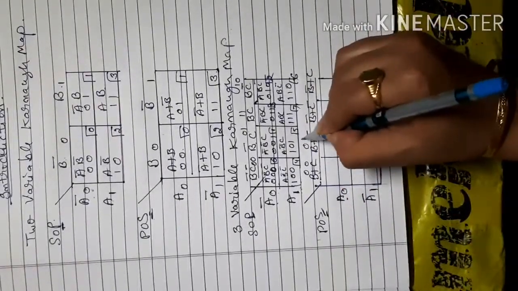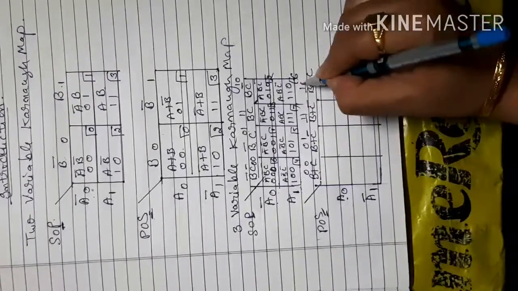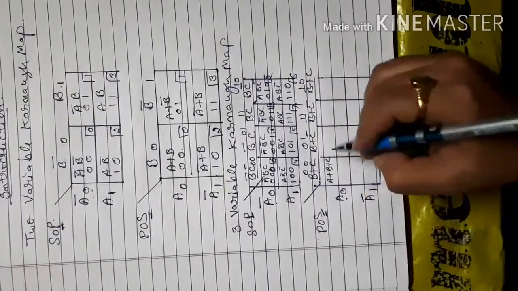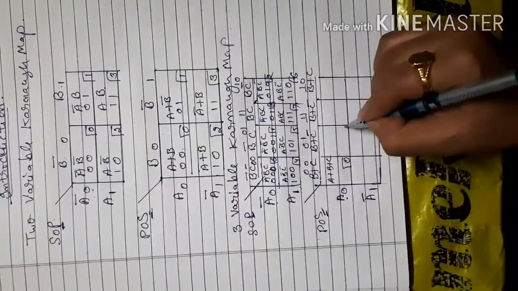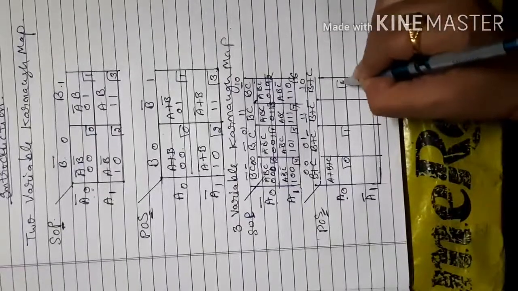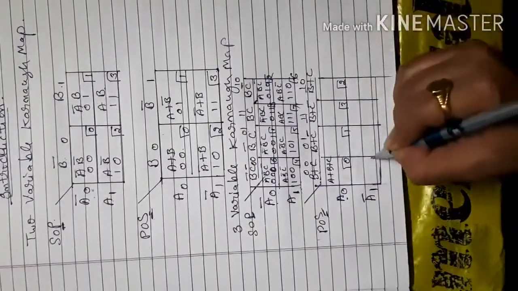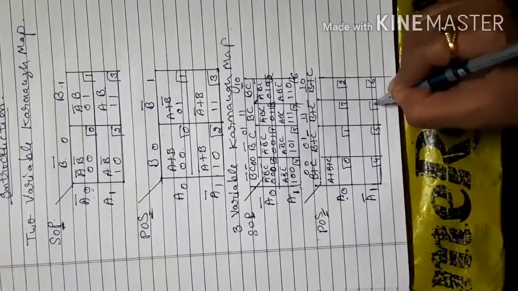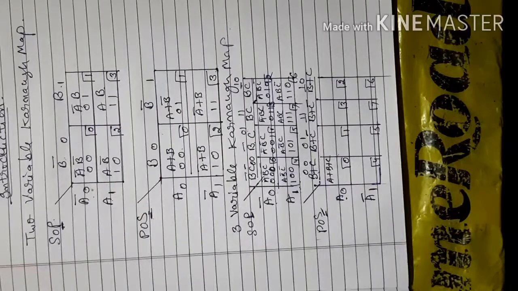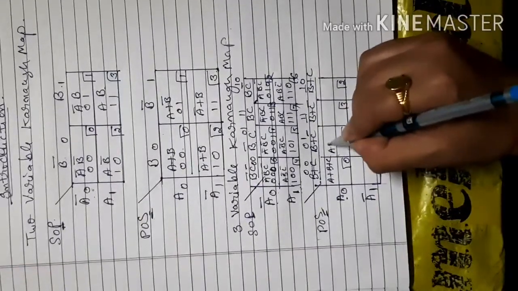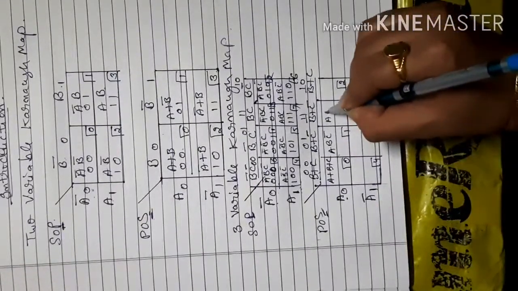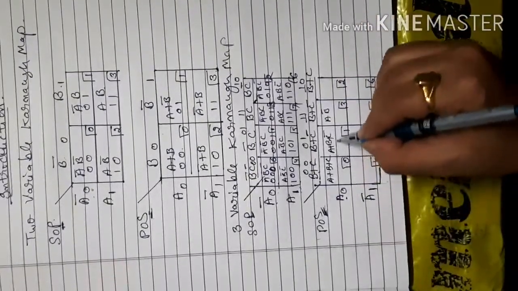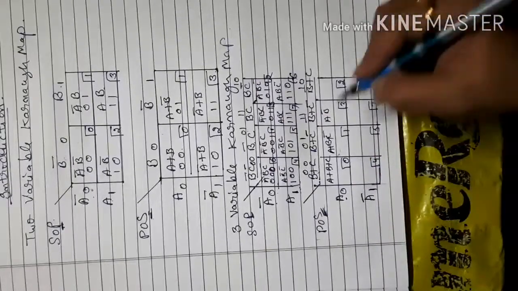So this is 01, 11, and 10. When you write the combination here, that is A plus B plus C, and the position is 0. Similarly the position is 1, here is 2, here is 3, 4 and 5, 6, and next to this is 7. So here will be A B C complement, A B complement, so all will be plus here. Whatever S is showing here, that sign is shown within the variable.